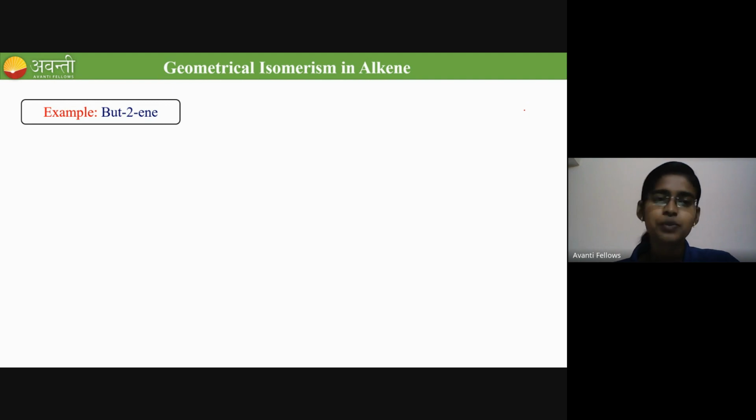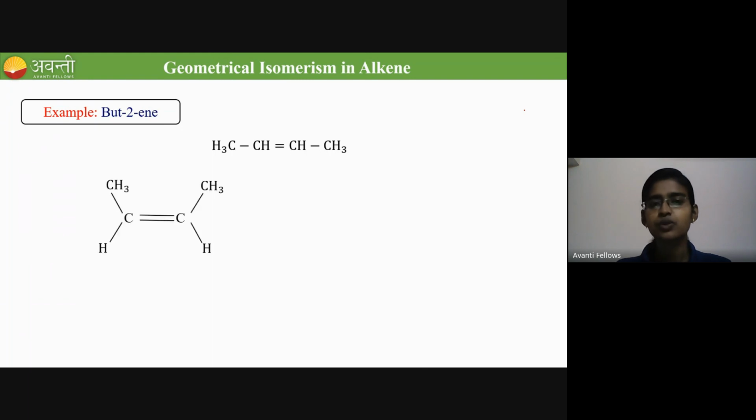So in butene, we have 4 carbons with 1 carbon-carbon double bond between carbon number 2 and carbon number 3, right? So this is butene. Carbons 1, 2, 3, and 4. Between carbon 2 and 3, we have a double bond. That's why it is called butene. So you can see